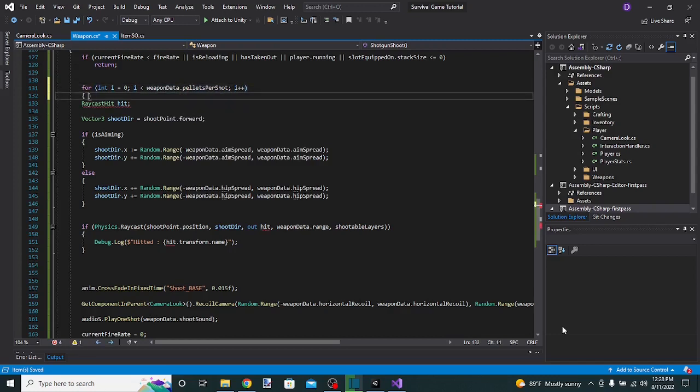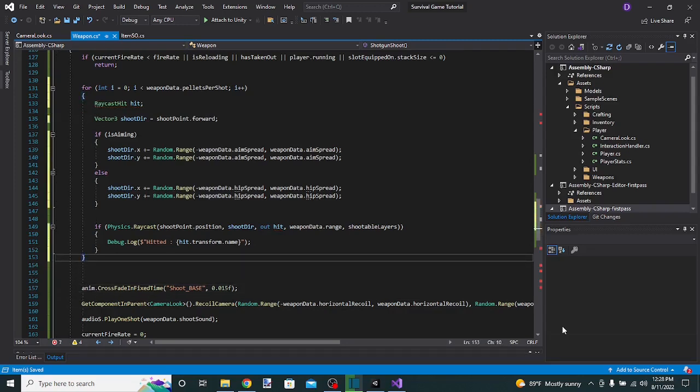Then we're gonna put all of the shooting code inside the brackets right here. And there we go. We're already shooting the amount of pellets that we specify, and it's all going to go